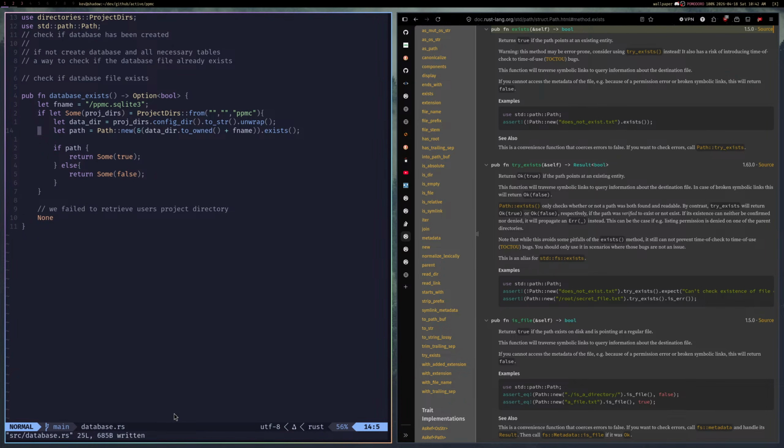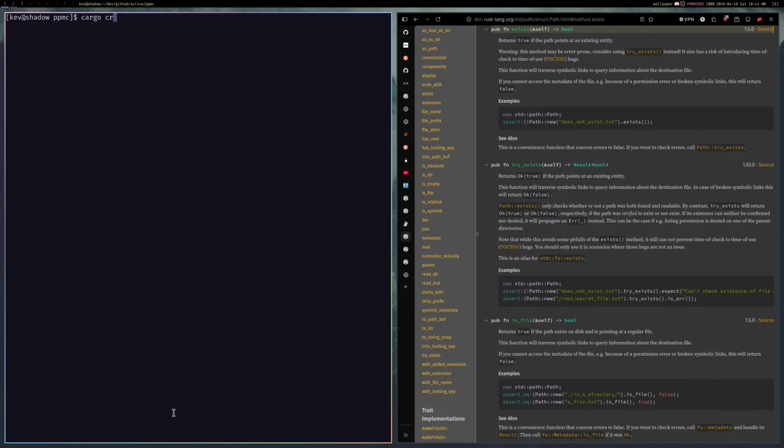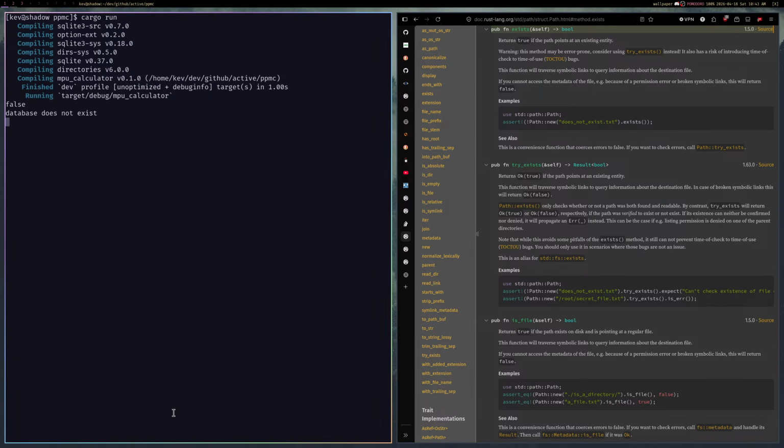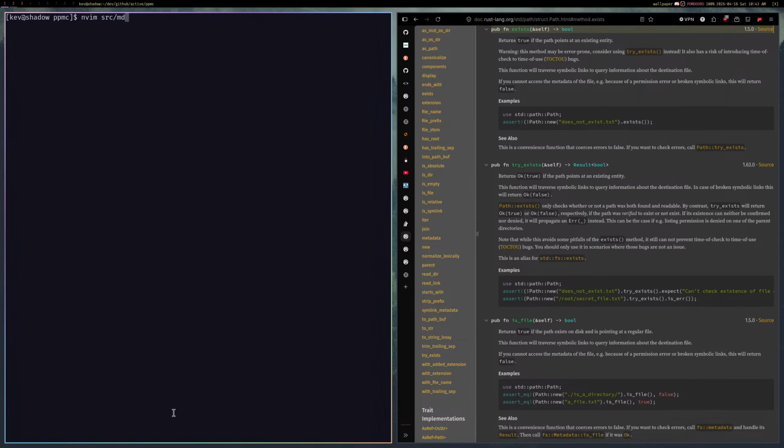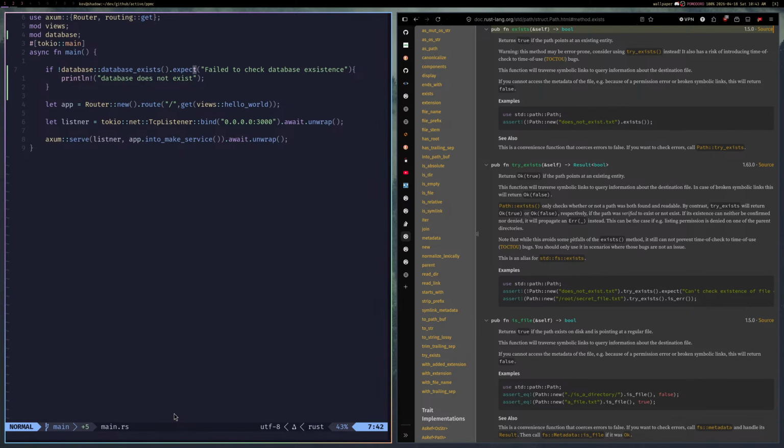Kind of want to print. Cargo clippy. Ooh, cargo run. File false. Okay, database does not exist. I like that. Okay, so we can check it, and so now we got to create all the directories. So if it doesn't exist, right,